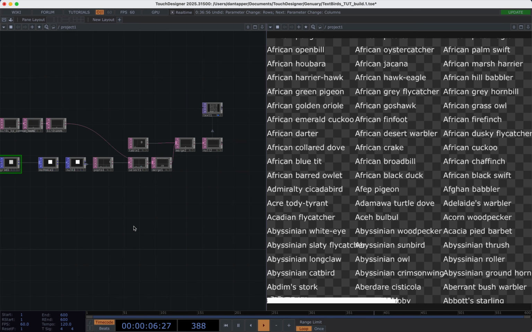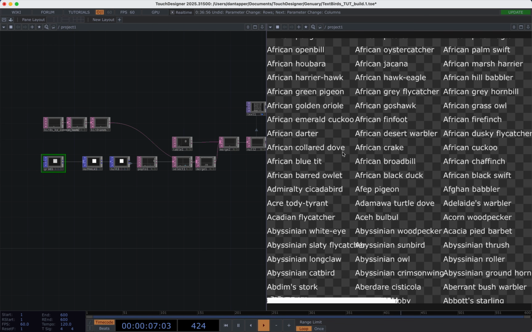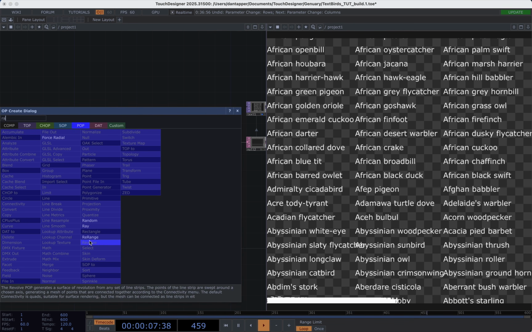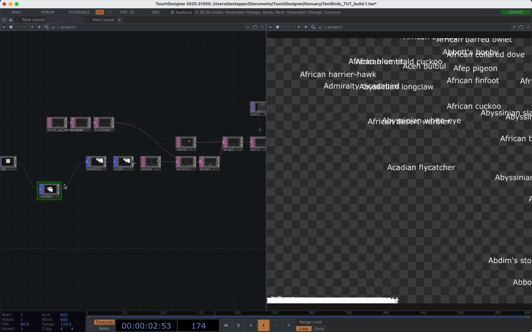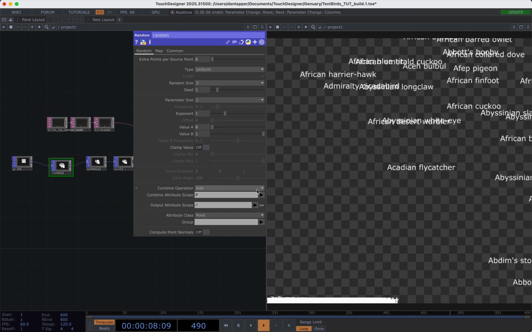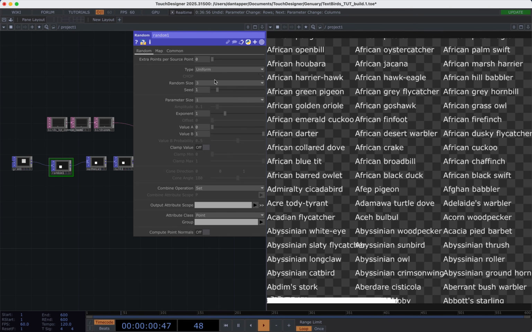And what I'm going to do is show you a different way of referencing this data and getting a random selection from this list. So each of these points is going to be a random bird name selected from that list. What I'm going to do here is I'm going to take my grid and I'm going to create a random. And actually that's totally fine just to leave in there. You can see that this has moved around our visual. What we actually want to do is we want to go in, click set, change our random seed to 1, and then for attribute scope we'll say rand